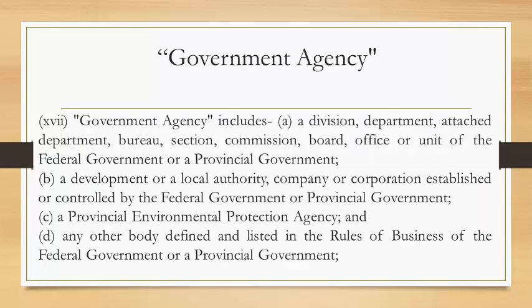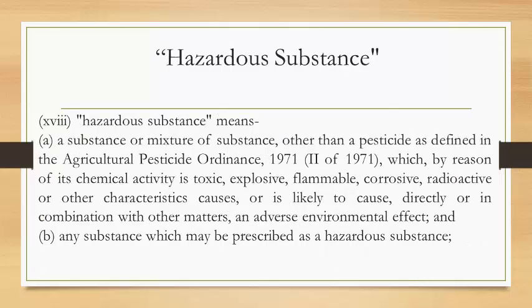Government agency includes a. A division, department, attached department, bureau, section, commission, board, office, or unit of the federal government or a provincial government. b. A development or a local authority, company, or corporation established or controlled by the federal government or provincial government. c. A provincial environmental protection agency. And d. Any other body defined and listed in the rules of business of the federal government or a provincial government. 18. Hazardous